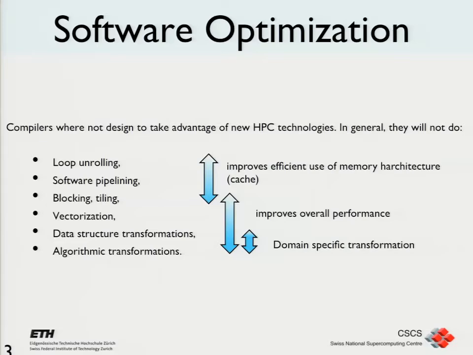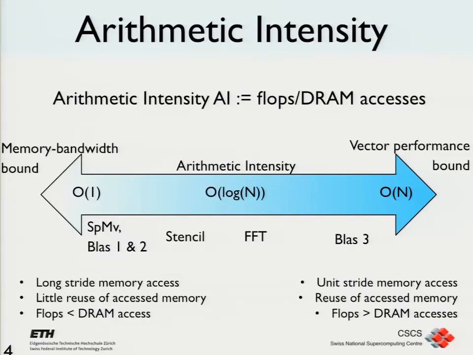So I'm going to talk about those techniques now through a very simple example. This is more difficult, and if you want to get really, really good performance, you will have to go through this, but it's quite difficult. Okay, so